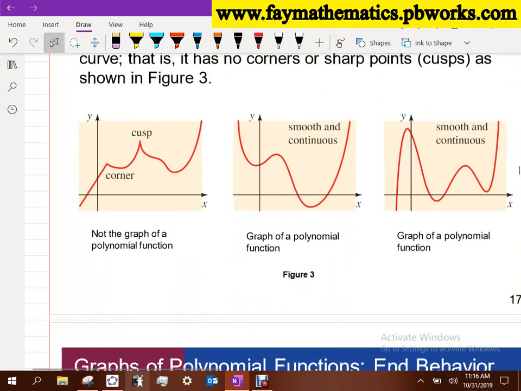These are some relationships that exist with all polynomial functions. We've got 3 graphs here, 2 of which are polynomial functions, 1 is not. Which ones look similar up there? Which 2 graphs look